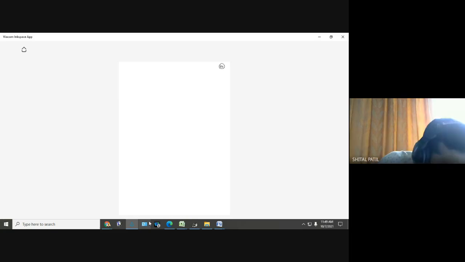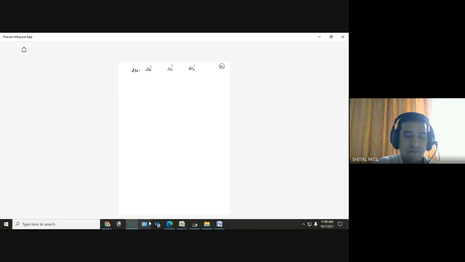Okay, so first I want to write the formula of mu2. So I have written mu2 dash, mu1 dash, mu0 dash, first step. Then multiply by different powers of mu1 dash: mu1 dash raised to 0, then mu1 dash, then mu1 dash square. If next time is there, mu1 dash cube, mu1 dash raised to 4, and so on. Alternate plus minus sign, plus, minus, plus. Coefficients are decided by Pascal's triangle. They are 1, 2, 1.